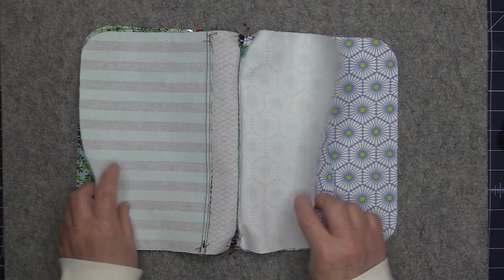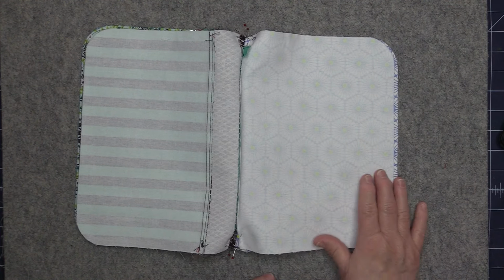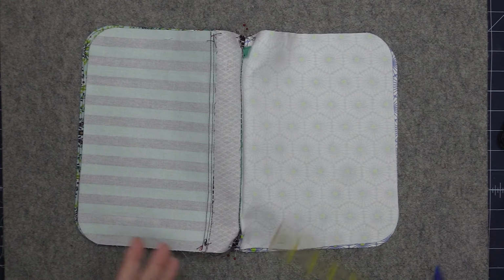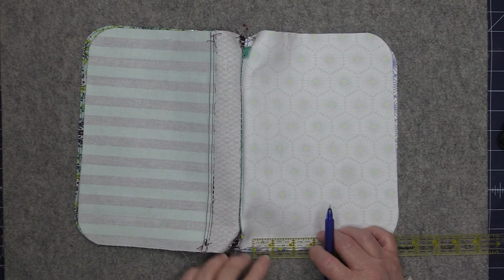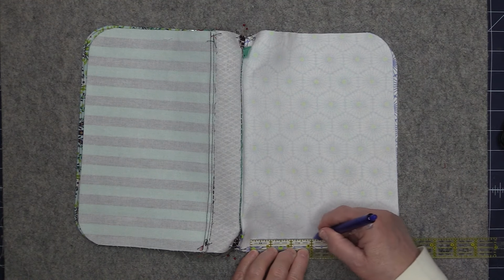Then we're going to clip the lining sides together and the exterior sides together. One thing that I like to do is mark in my seam allowance. This is totally optional. You do not have to do this if you don't want to. So I just take my ruler and I'm going to mark in 3/8 of an inch in from the edge of the pouch